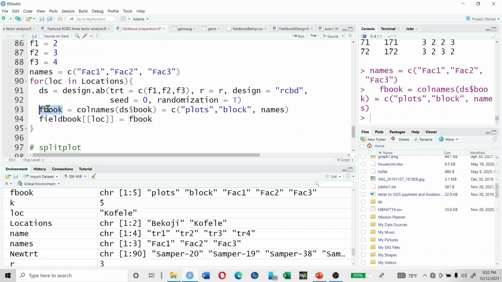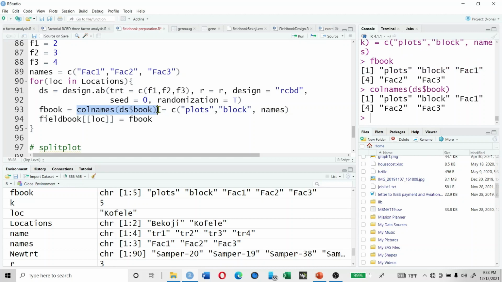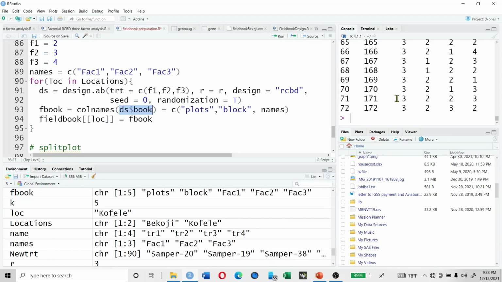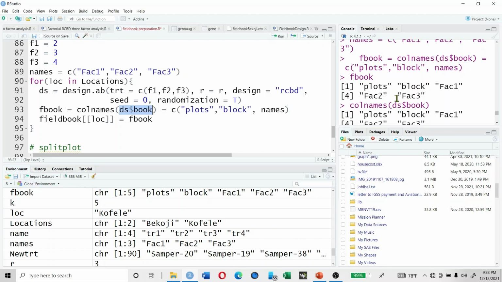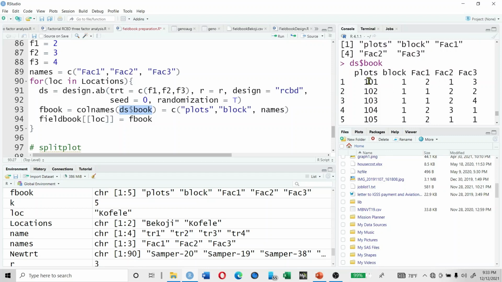So now this Fieldbook will have okay, yes. So now as you see the Fieldbook,